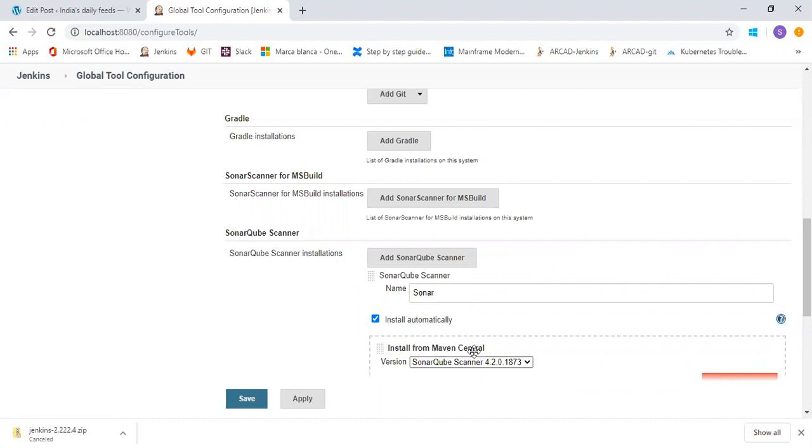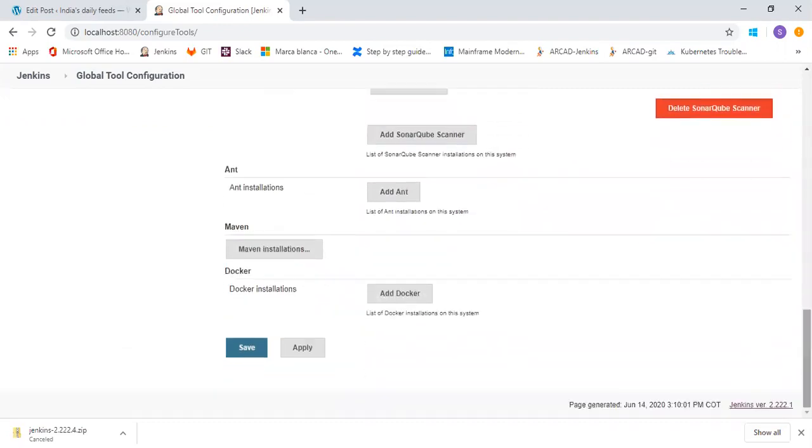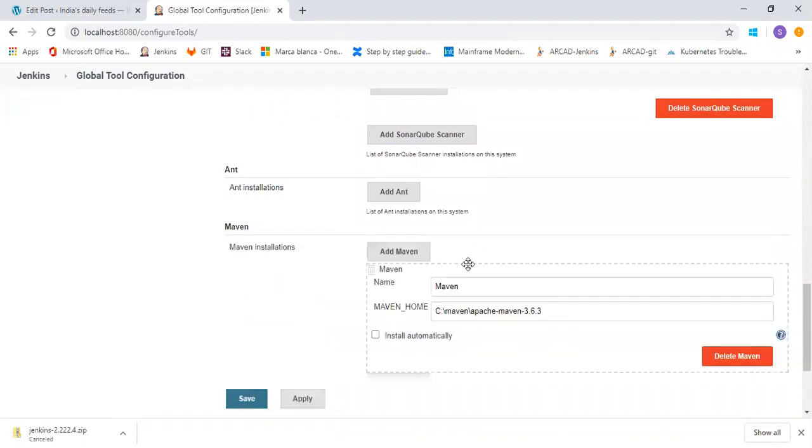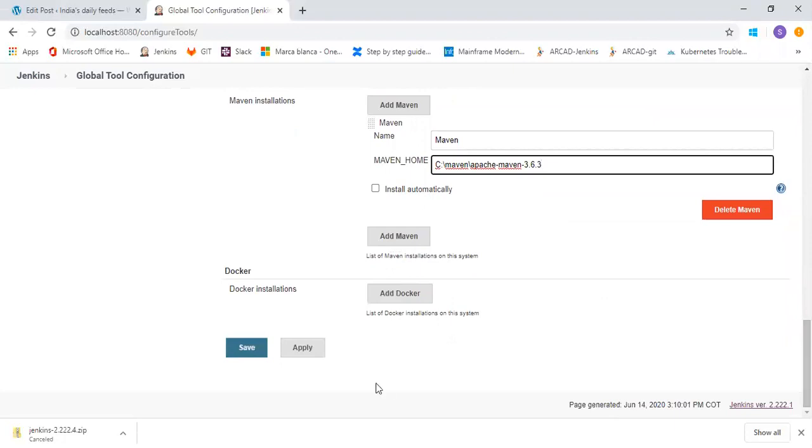It will get installed from Maven Central. For Maven installation, you have to give the path of Maven. This way you can configure the software installed on Jenkins.